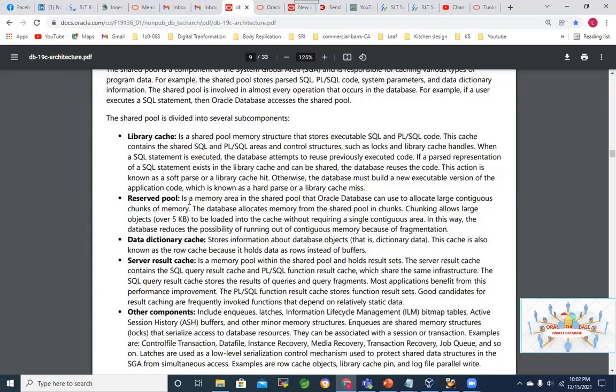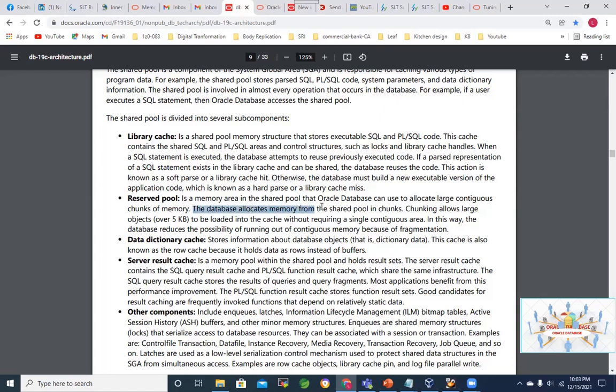You can see it's a memory area in the shared pool that the Oracle database can use to allocate large contiguous chunks of memory. When fragmentation happens in the shared pool or in the library cache, Oracle won't be able to get contiguous memory, so the services can utilize the reserved pool.